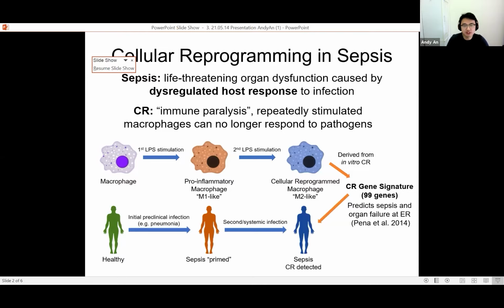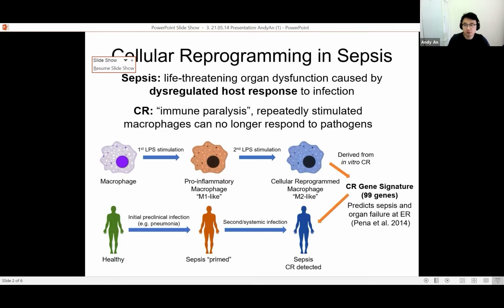One aspect of the dysregulated host response is a phenomenon called cellular reprogramming, or CR, a form of immune paralysis induced in immune cells like macrophages after repeated stimulation. For example, in the top row, one stimulation of lipopolysaccharide, or LPS, which is a bacterial cell wall component, can make the macrophage produce pro-inflammatory cytokines like TNF-alpha, but a second stimulation with LPS does not induce any release in